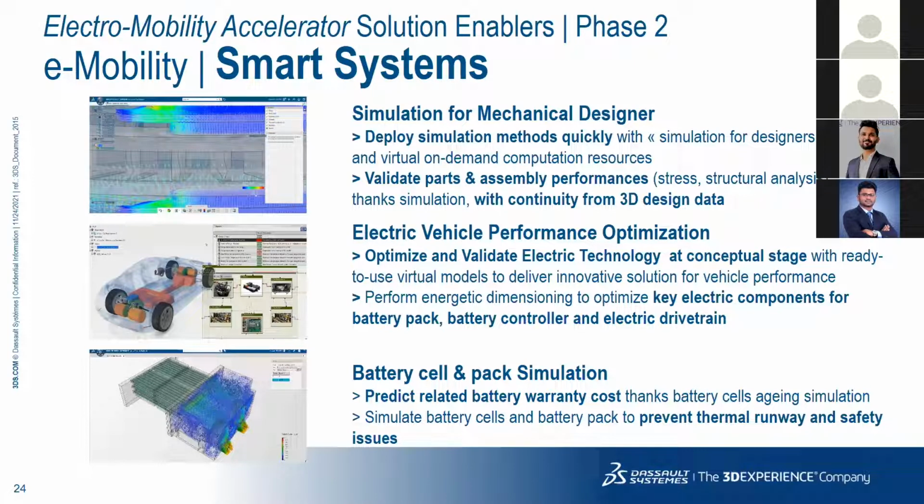So you can run simulations for your range estimation, loss estimations. You can do a complete SOC, state of health of the battery. You can do simulations for them. So a lot of these details you can go into. And apart from that, focusing on battery cell and pack simulation, what you have here is you can predict the